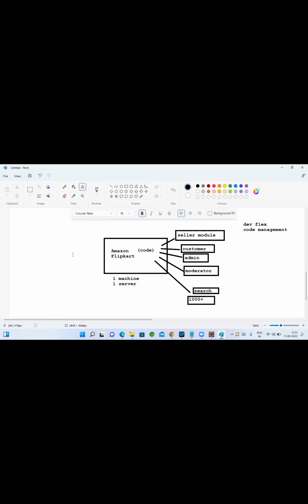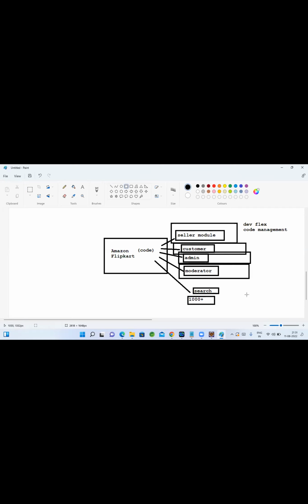No. When we get a huge number of requests, one application may not handle it. There is some threshold. Up to that threshold, it might manage. Thereafter, it will behave like crazy. The system might crash. So instead of deploying all the code in a single machine, we deploy each module or each application into separate servers, so that it is easy to manage and easy to balance the load also.